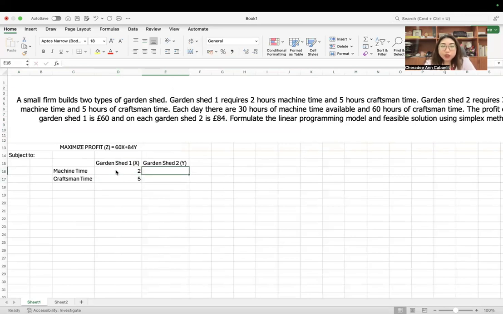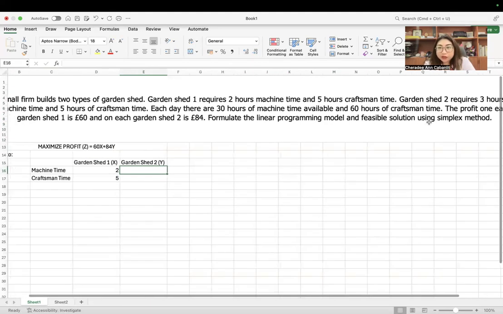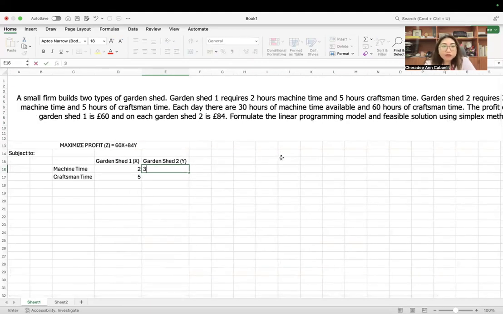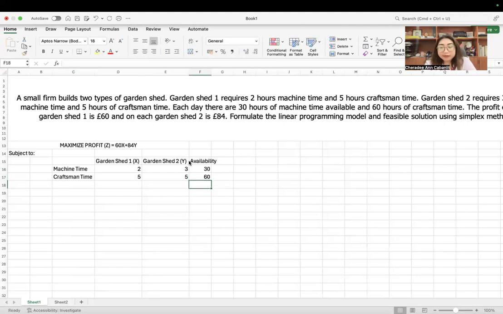While for garden shed 2, that requires 3 hours of machine time and 5 hours of craftsman time. And the availability should be here as your right-hand side. The availability is 30 hours of machine time and 60 hours of craftsman time.